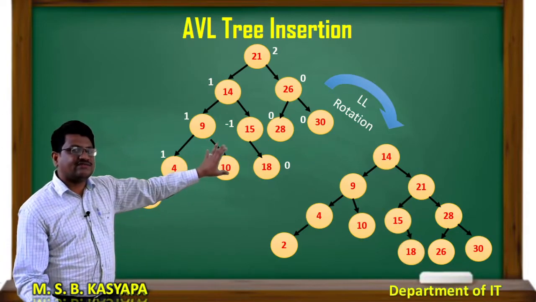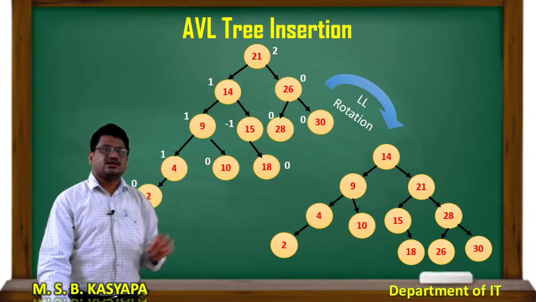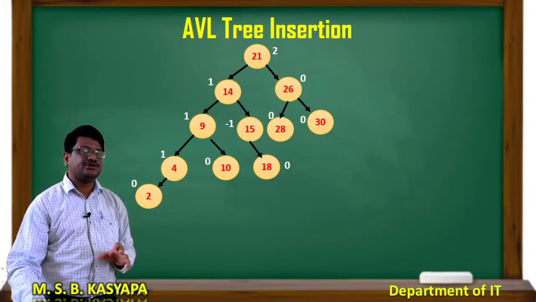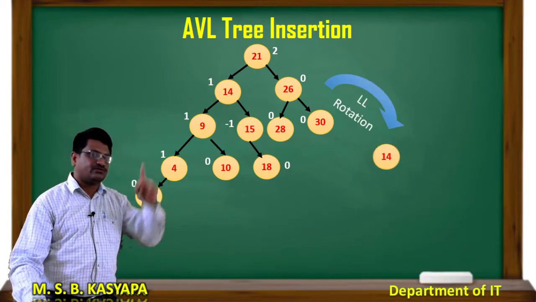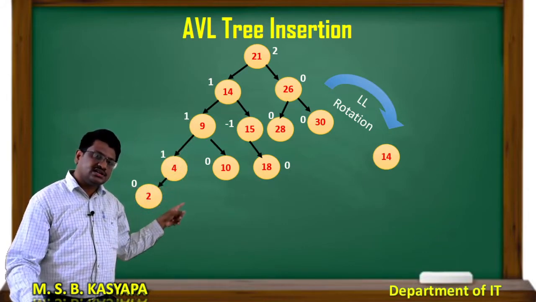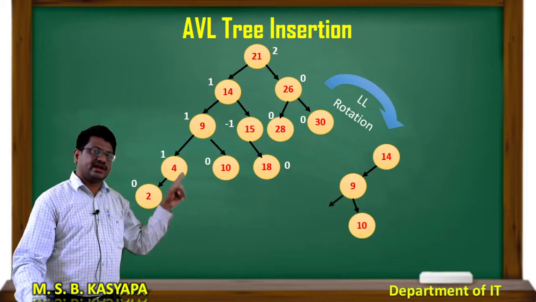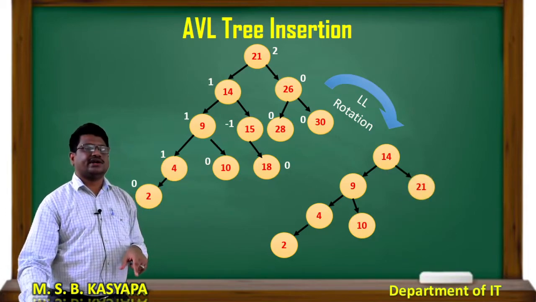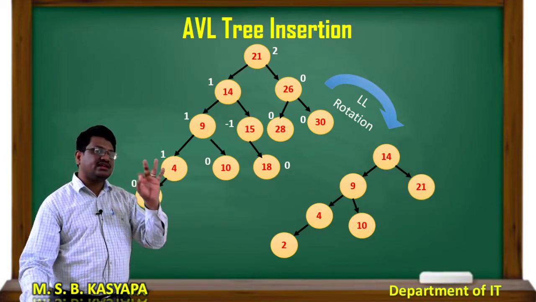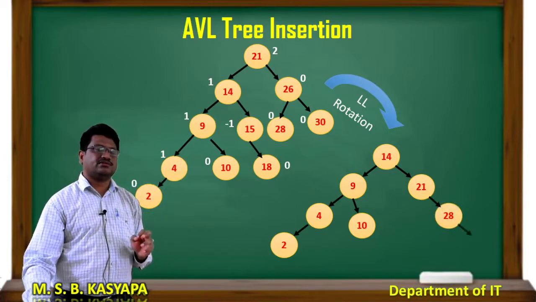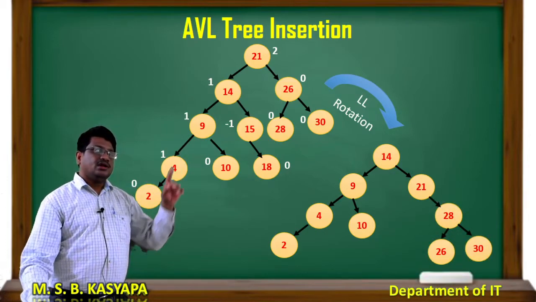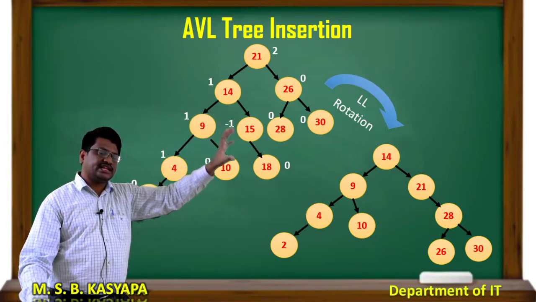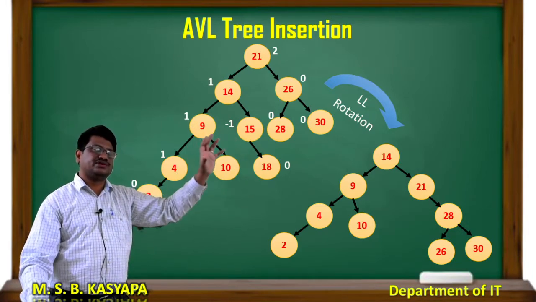Now if I convert this tree into a balanced tree, it will look like this. Once again, according to LL, first the left will become the root node. So 14, if that 14 has any left children, they remain as left children. So 9, 4, 2, 10 remain as they are. Next, the root node will become a right child. If that root node has any right children, they become right children for that particular root node. Now we are moving 14 to the root node. If this 14 contains any right subtree, I have to move it to the right child.